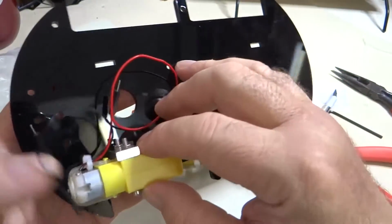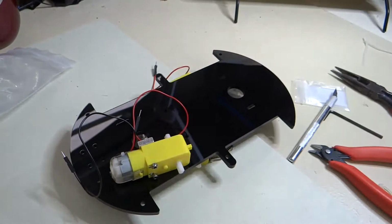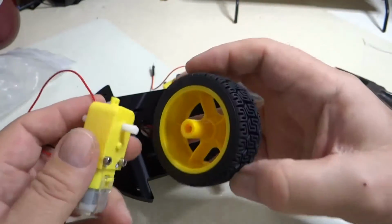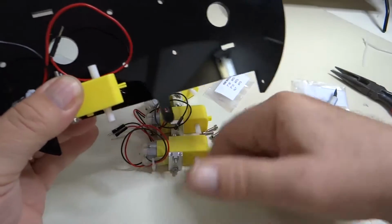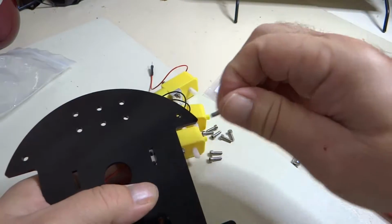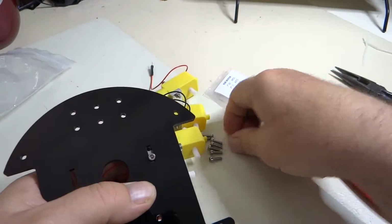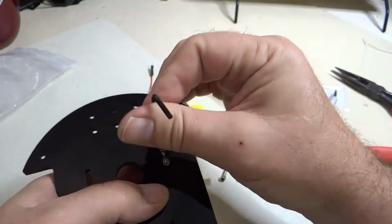So we are going to put this together. Now, of course, when you get your wheels, let me get a wheel out of here. Your wheels are just going to push onto this little white shaft, right? So they're just going to push right on like that. So you want to make sure that that shaft is centered in this wheel well here. And so then we're going to take our mounting screws here, put them in there, and mount the motor. So loosely get one screw started, then the other screw,